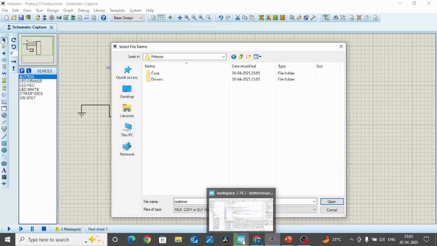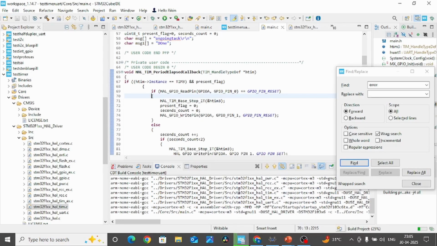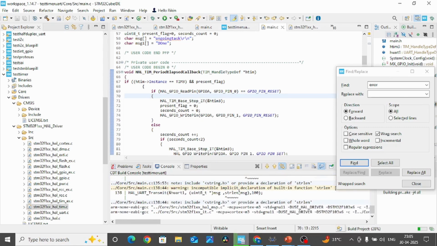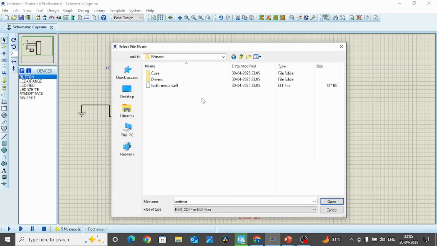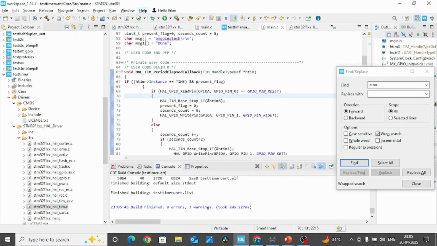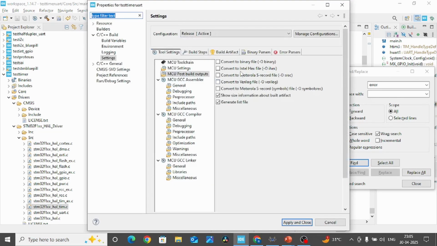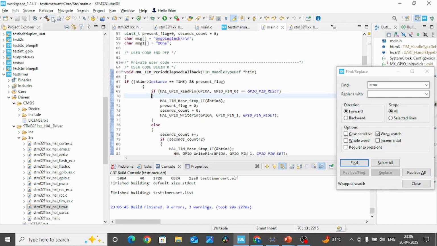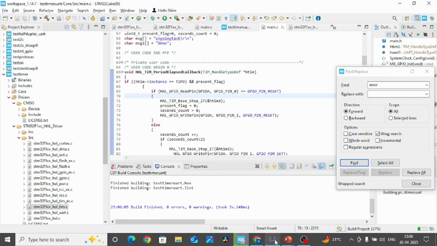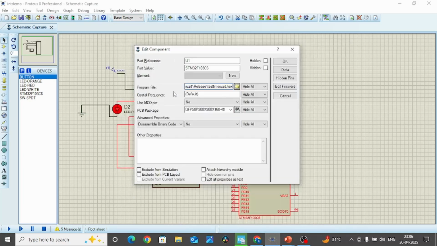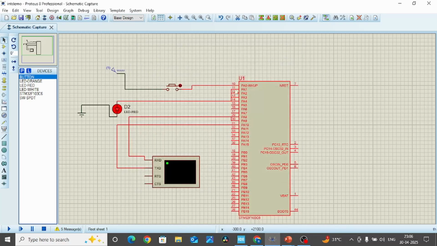Okay, still I think it is generating. Okay, still it is not showing the hex file. Okay, apply and close. Now again release the project. Now it should generate the hex file. This is now